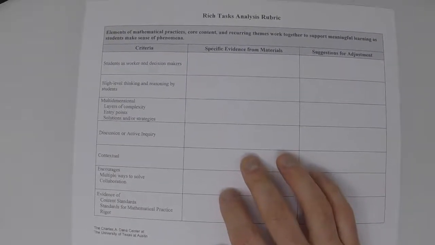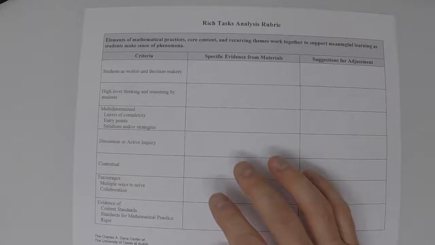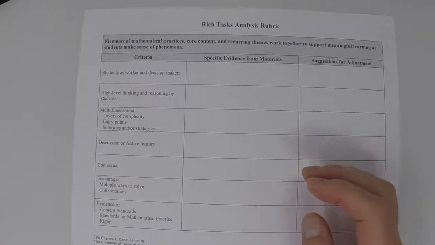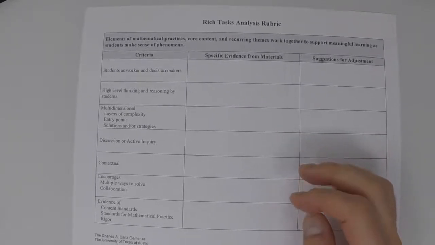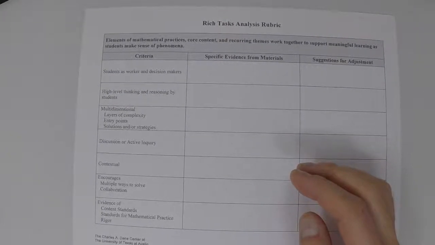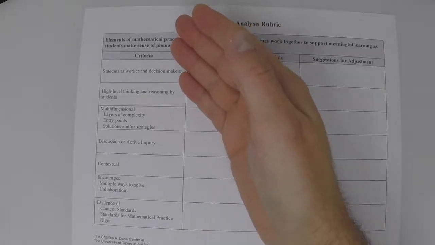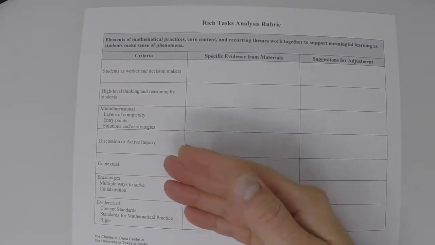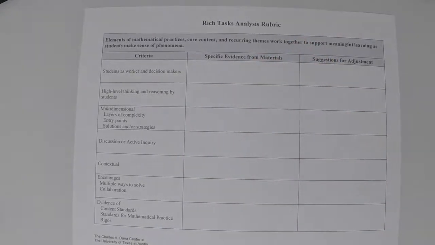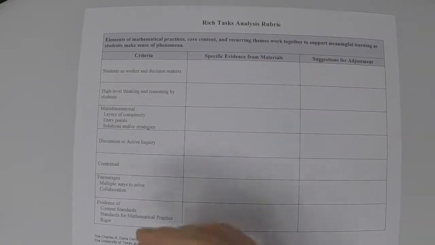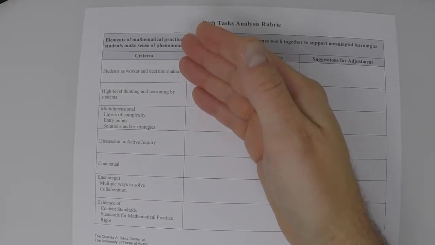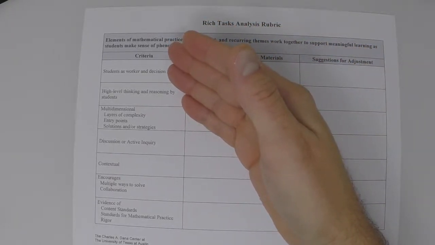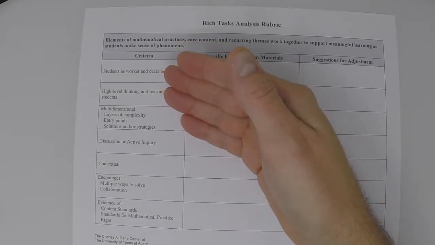When evaluating a task for richness, we'd like to provide this rubric to help out with analyzing the resource that you have selected. As you can see, we've listed a lot of the criteria for richness along this side, and what we'd like for you to do is take that task that you're looking at and evaluate it based off of whether we think that there is evidence of students as the workers and decision makers, evidence of high-level thinking